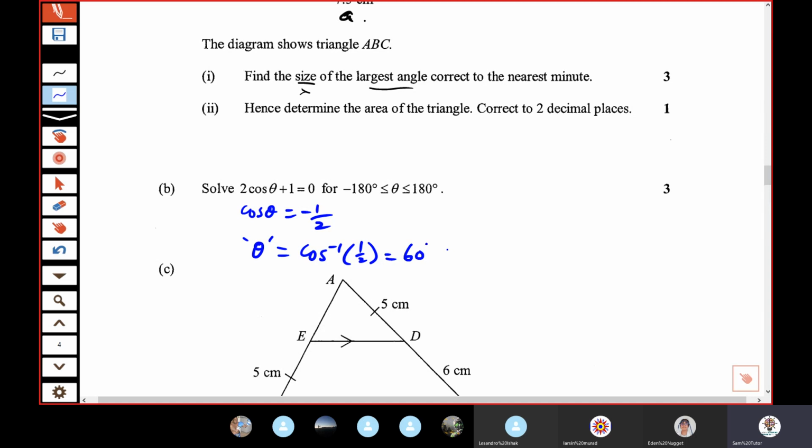Nice. Then you pause. What do you do at this stage? So you've got that bit down, that all stations to central. Then we ask ourselves, where is cos negative? You would say T is back. T and S. And obviously, what's your answer for theta? 180 minus 60. 180 plus 60. Now you pause. Only one works. Then you pause. You look at the domain. And you're like,